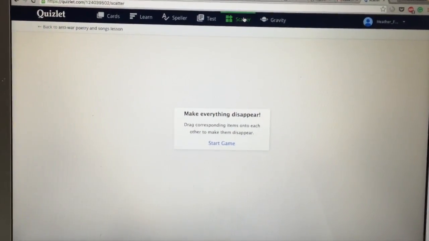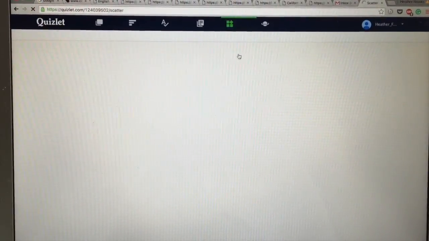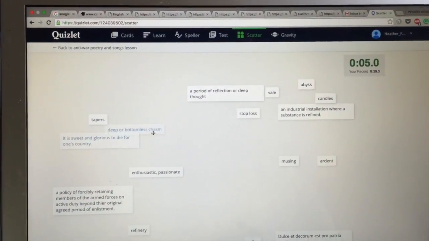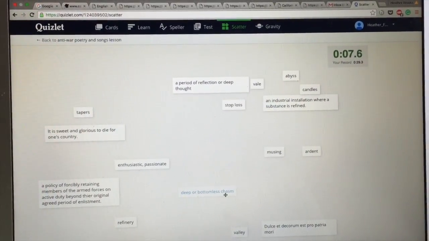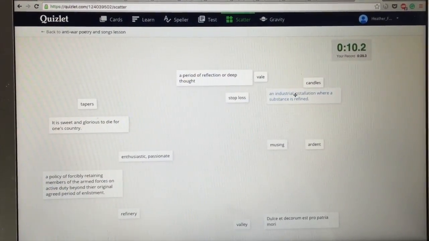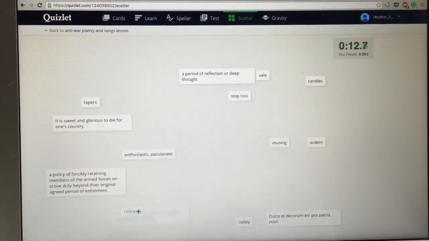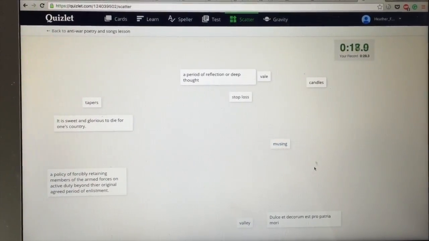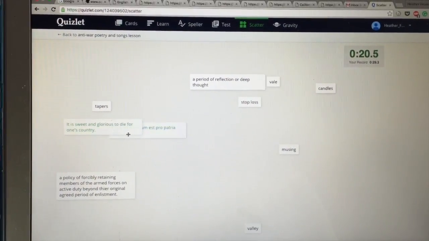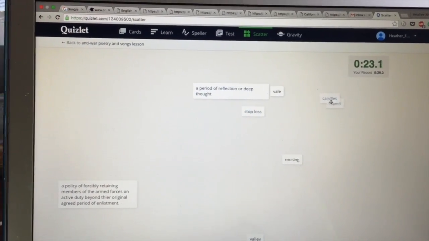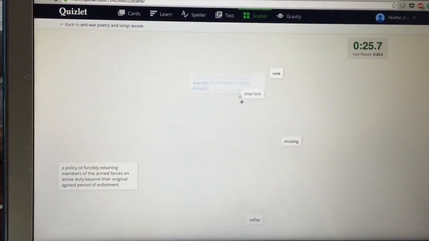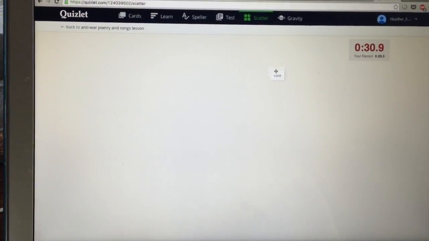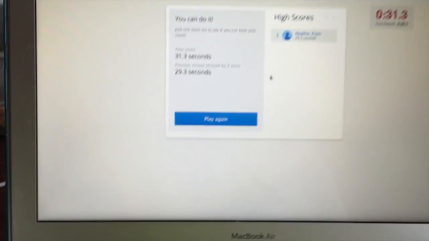And this is how scatter works on the smartboard. So you go onto Quizlet and you choose scatter, and it starts the competition. You can see the timer going up in the upper right hand corner. Students can use their hands to move the definitions and the terms, match them together in whichever order they want, and they'll disappear off the board. And it's just a fun way to add some competition into learning vocabulary because it's sort of a kinesthetic experience. The students really connect with it. It gets them out of their seats and thinking, and they love it every time we've used it. It's been a big hit.